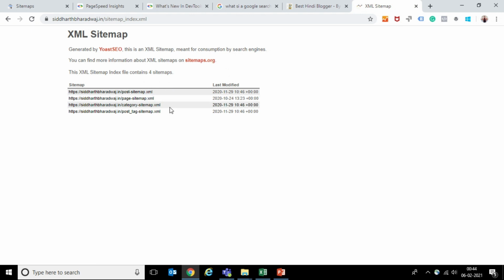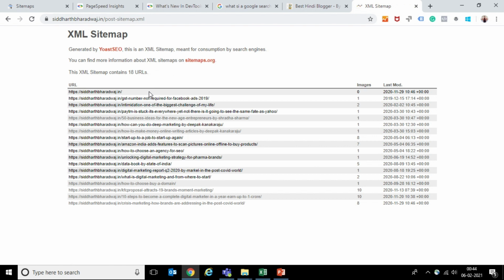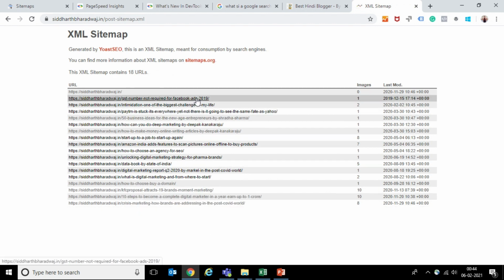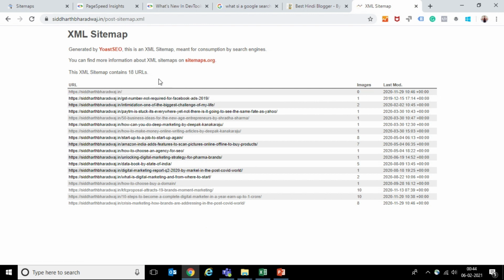And so broadly what I see that the sitemap has already been submitted, but I'll choose one, and this tells me how many links are there in that sitemap. So this XML has 18 URLs, right? So we can cross check it, and you can again create a new sitemap on Yoast SEO. Again, this is beyond the scope, but just from an overview perspective, we can easily create XML sitemap.